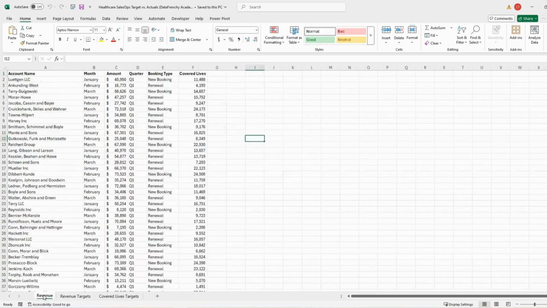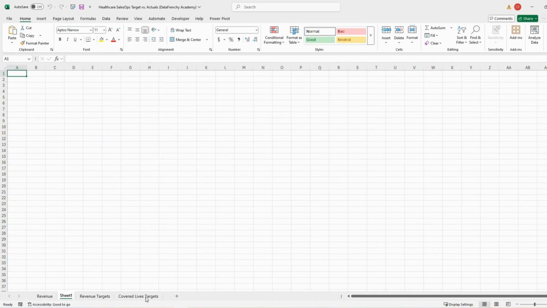So we have a bit to do here, and just to make sure we're going in the right order, we need to figure out what was the revenue and covered lives by each month, and we have to slice it up by overall, and then by each of the booking types. One for a new booking, one for renewal. So what I'm going to do is make a new tab here, move it all the way to the end. I'm going to call this one revenue